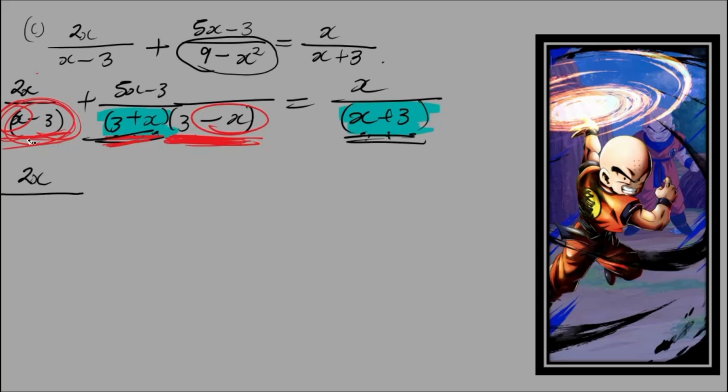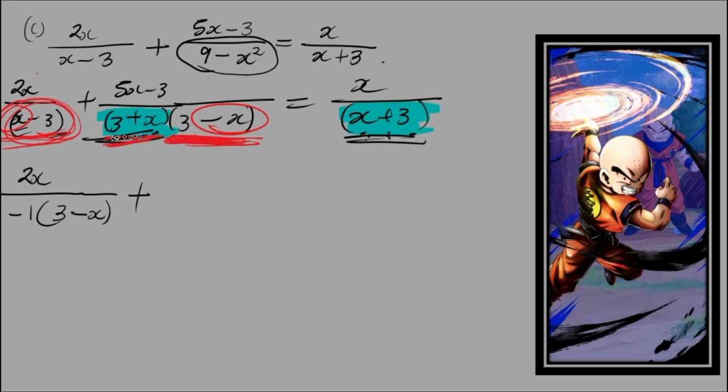all over. How can I make the x negative and the 3 positive? I should take out a common factor. Which common factor now? Negative 1. I can take out negative 1 as a common factor. That will mean now my 3 is positive and my x is negative. Makes sense? Good. Plus,